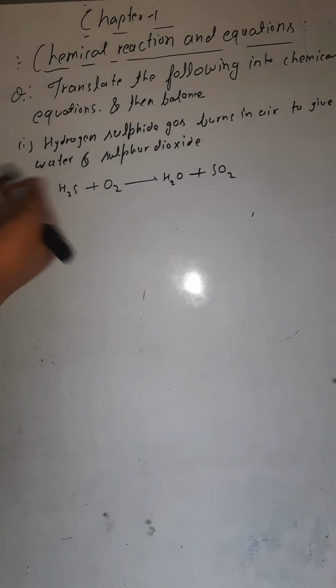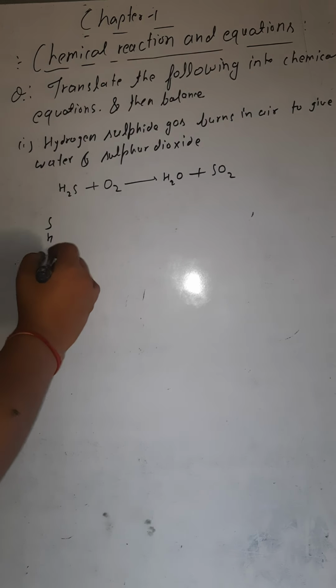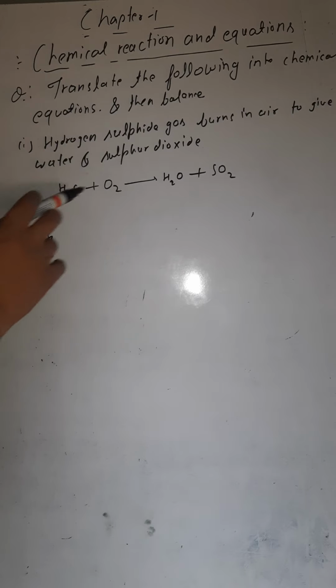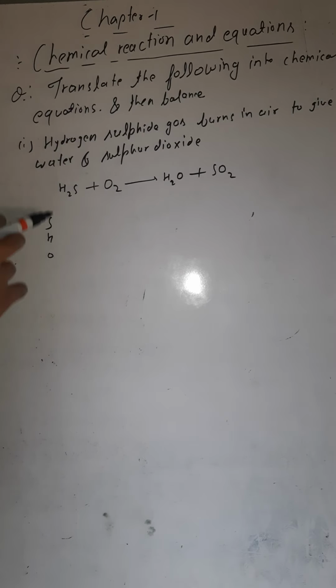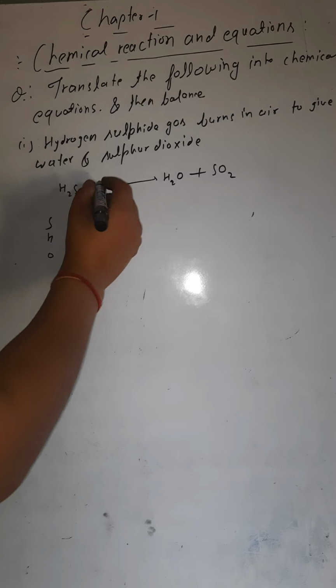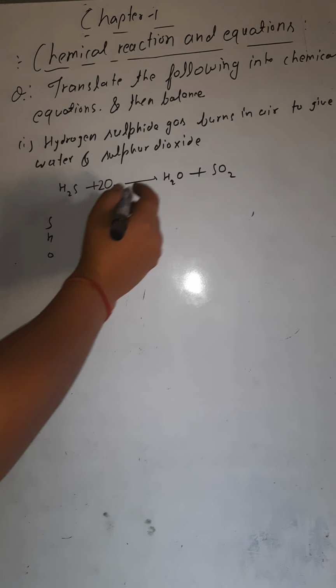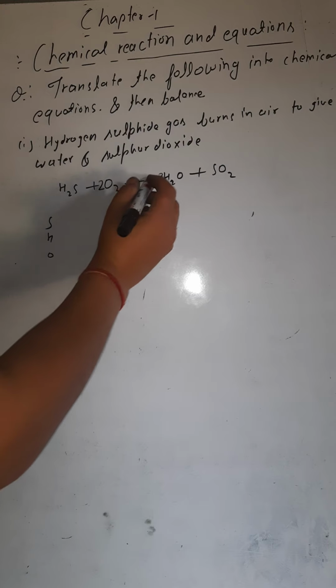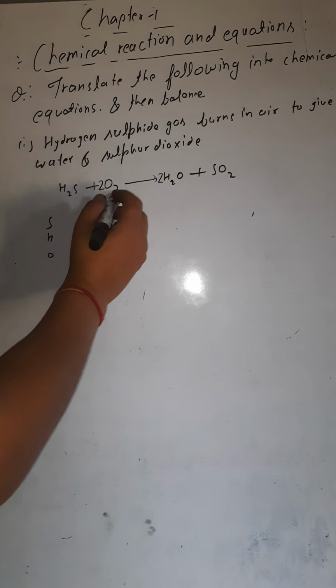What will we balance first? Metal, no metal here. Non-metal, sulfur is here. Then hydrogen, then oxygen. These things you have to balance. Sulfur 1, 1. Then look at hydrogen here, 2 hydrogen. There also 2 hydrogen, no problem. But look at oxygen, here 2, but here 3 oxygens are there. So how will you balance? If I write here 2, so it will be 2 twos are 4 oxygen. Then again I will write here 2. So now oxygen will be balanced. 2 twos are 4 oxygen here, and 2 plus 2, 4 oxygen here also.